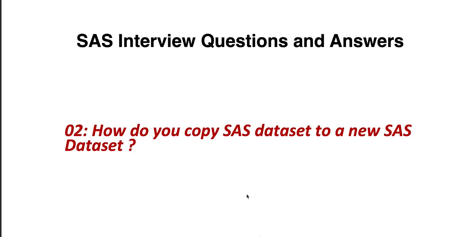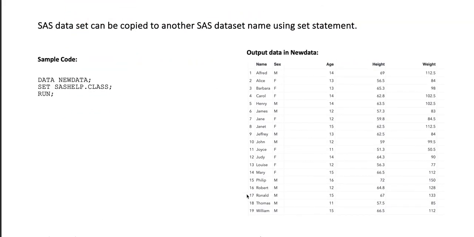SAS interview questions and answers. Question number 2. How do you copy a SAS dataset to a new SAS dataset? The question is asking about how to copy SAS data from source to target. A SAS dataset can be copied to another SAS dataset name using the set statement. A sample code is given here. data newdata; set sashelp.class; run;